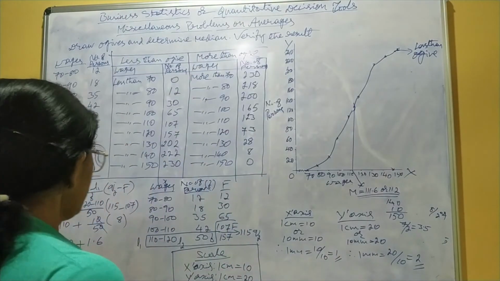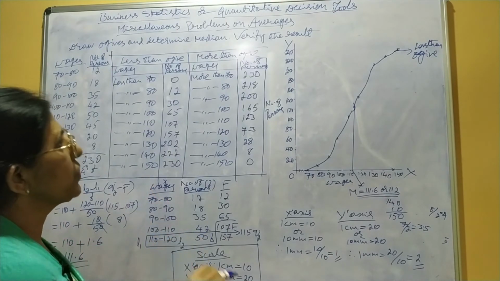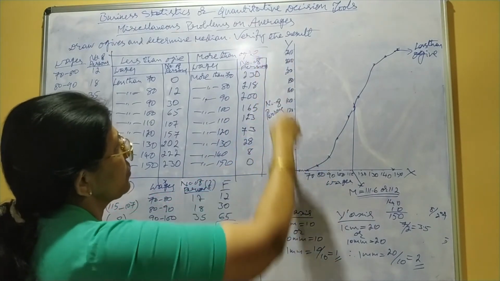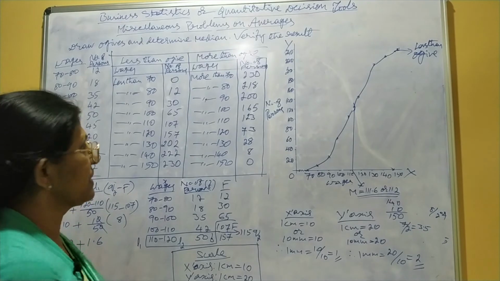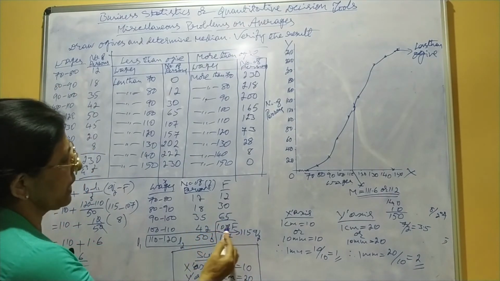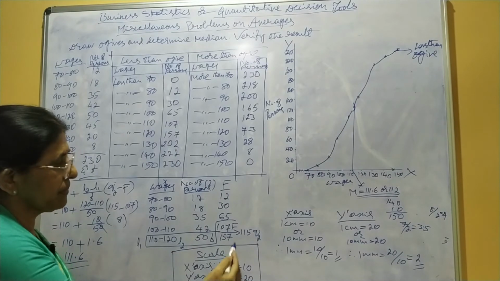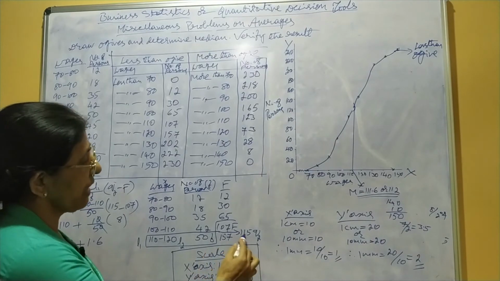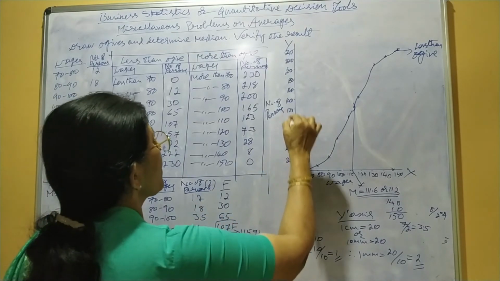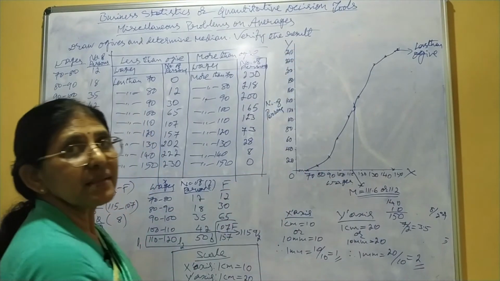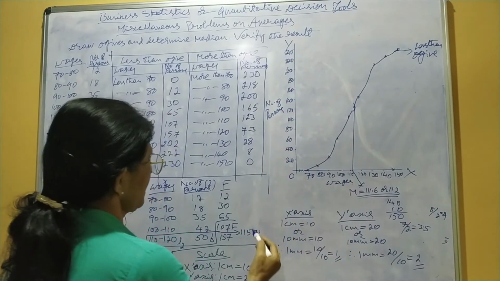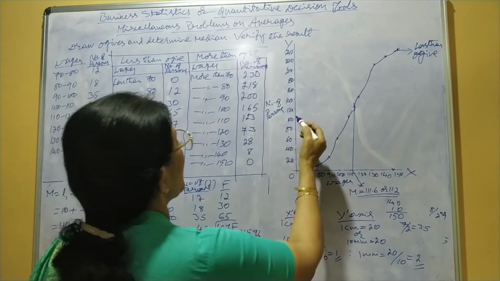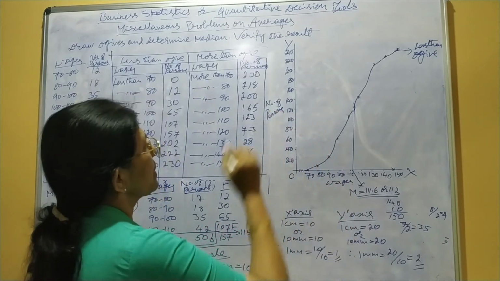Here what we have to do is, we have to locate Q2 in the y-axis. In the y-axis we have taken cumulative frequencies. Even algebraically, we locate Q2 in the cumulative frequency column, isn't it? Even here also in the same manner we have to locate this Q2. Q2 we have calculated, that is 115. We have to locate 115 in the y-axis, that is nothing but cumulative frequencies. 115 means here 100, here it is 120. 1 centimeter equals 20.